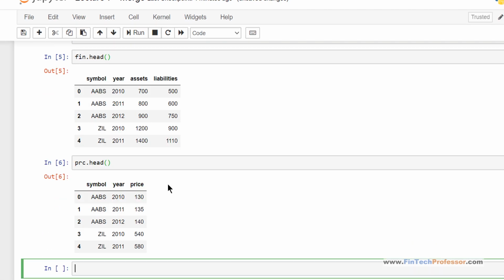So these are two short data sets. The first data set has a total of 5 observations starting from index 0 up to 4, and we have 2 identifier variables, symbol of the company and year of the company.